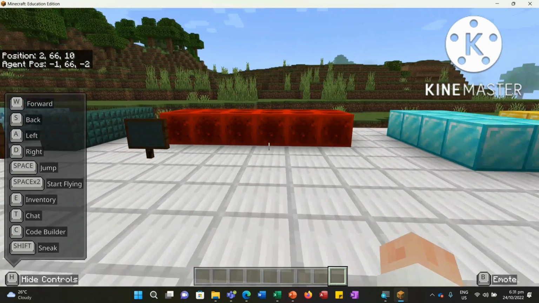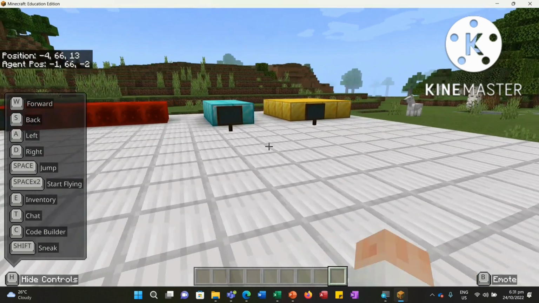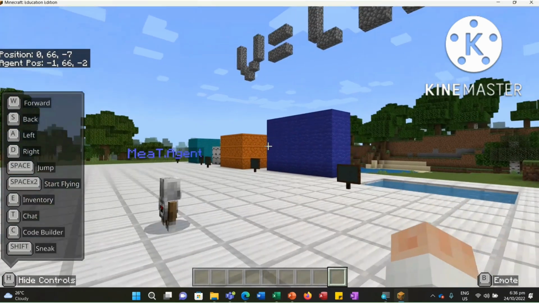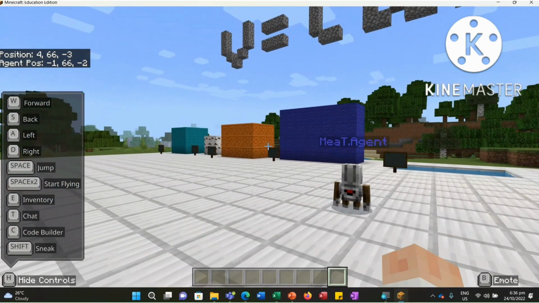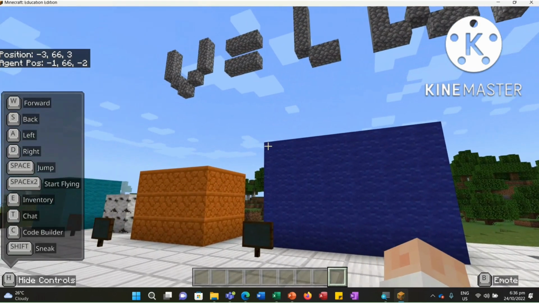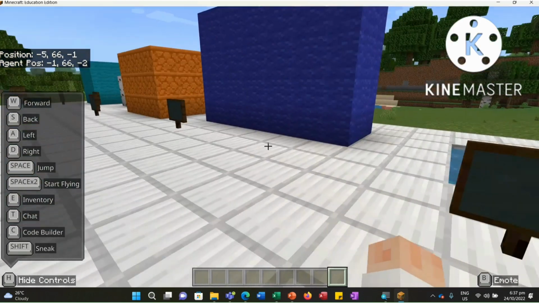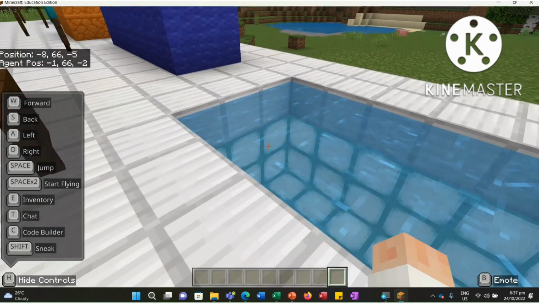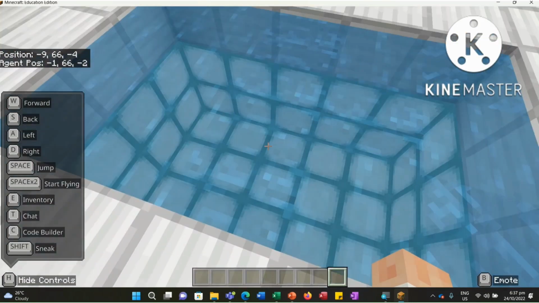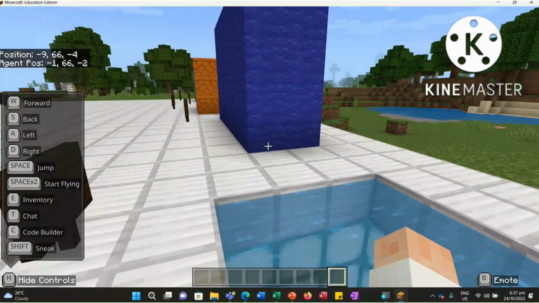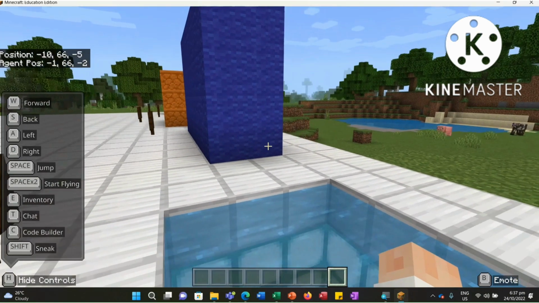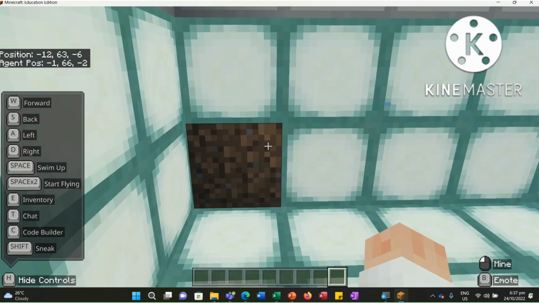Okay, so that's the thing here about Minecraft Education. And then this part is actually about getting the volume. And this is presented in different ways. So in here, you can get the volume of these objects. And another thing is that you are able to present the volume. You can actually get the volume of the water in this manner. So you see, the concept becomes very easy for the learners to connect